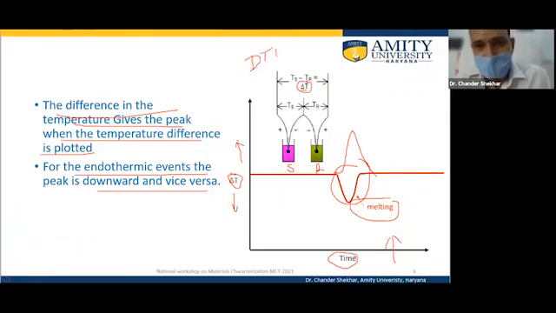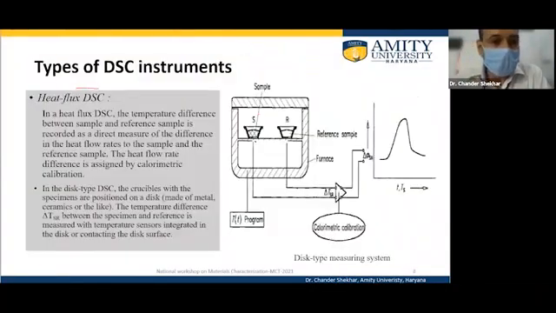So there is a basic difference between DTA and DSC. Though the working principle is the same, the information that is extracted is a little different. Please remember, if there is a temperature difference on the y-axis, this is the thermogram for differential thermal analysis. The terminology remains differential because there are two, and thermal analysis because of the temperature difference between the two, if you are plotting the temperature difference directly. But if we are looking at the DSC,